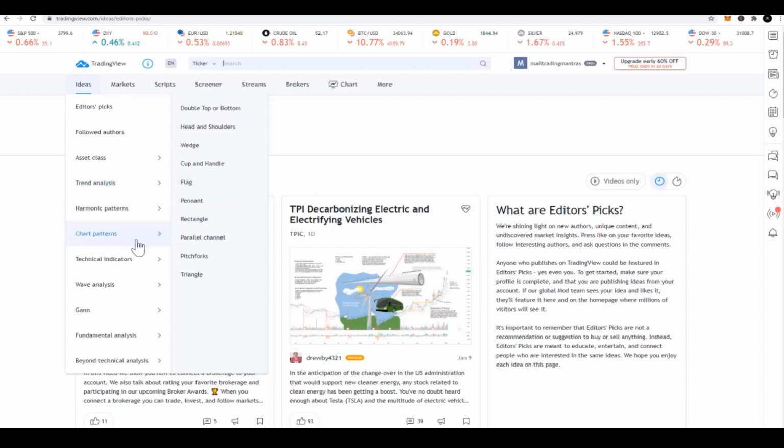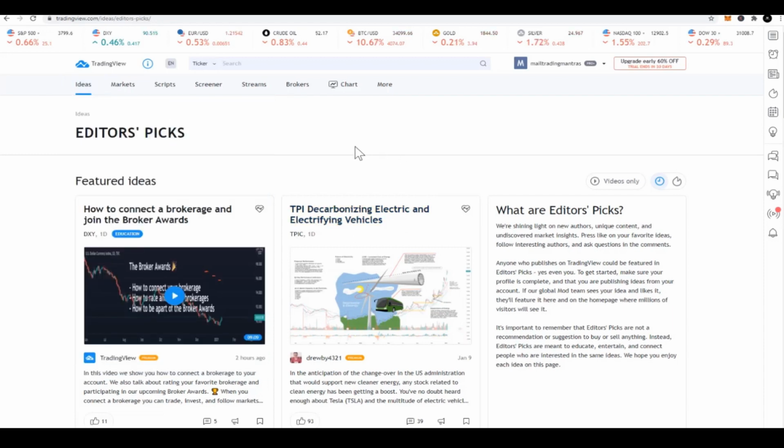If you're studying any particular chart pattern, what I would do is go and look at the ideas which other traders have shared for a similar chart pattern, because that will help me learn from the way they are doing the analysis for that particular chart. There are different kinds of technical analysis that you can see here and how the different charts have been tagged by the traders, and you can start your learning journey from here.